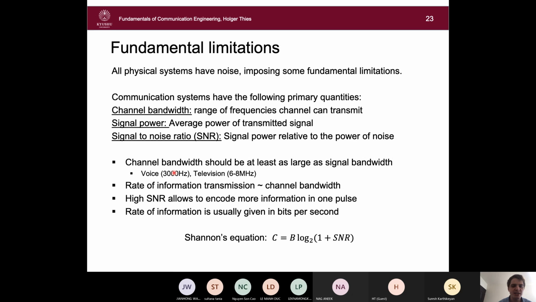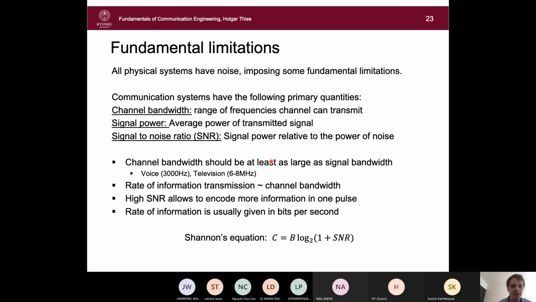So, if we want to be able to hear human voice in an understandable way, then there are frequencies between. Human voice has frequencies from around, I think, maybe 300 hertz to a little bit more than 3000 hertz. So the bandwidth of human voice will be around 3000 hertz. The other example is image signals. Television signals usually have a bandwidth of 6 to 8 megahertz.